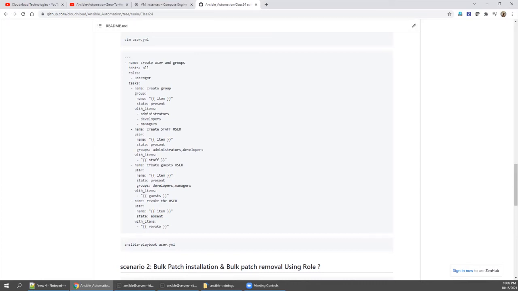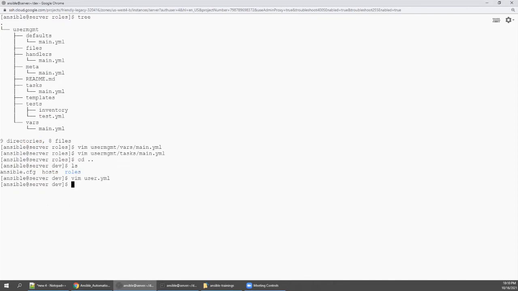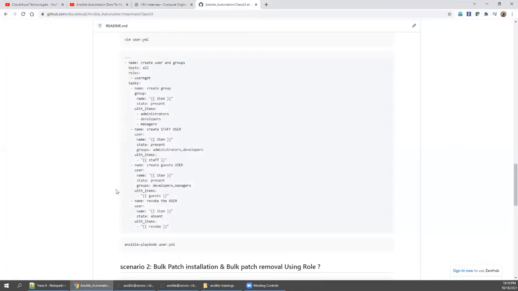So I'm going to copy this. I'm going here. I'm going to say paste it. So here we are introducing with_items, right? So item, whenever the value is fed here, actually it will come here, right? Because with_items takes many values. So we are giving it an array, right? So let's save this and say enter, and then come down.